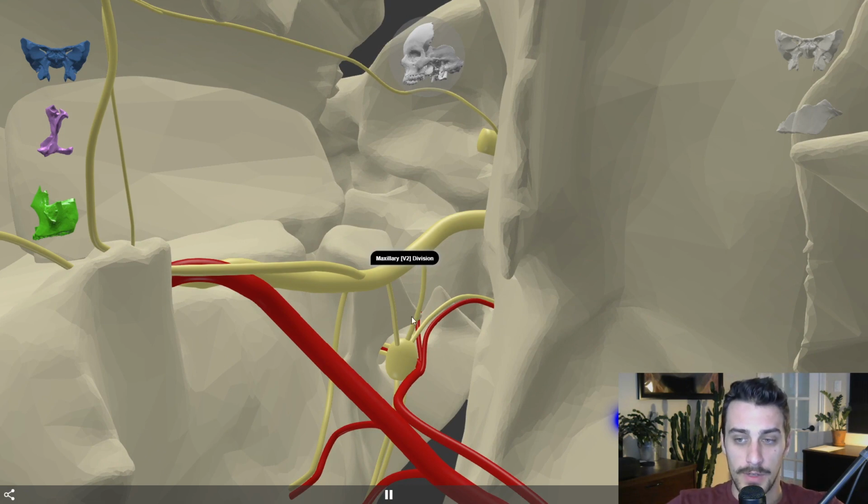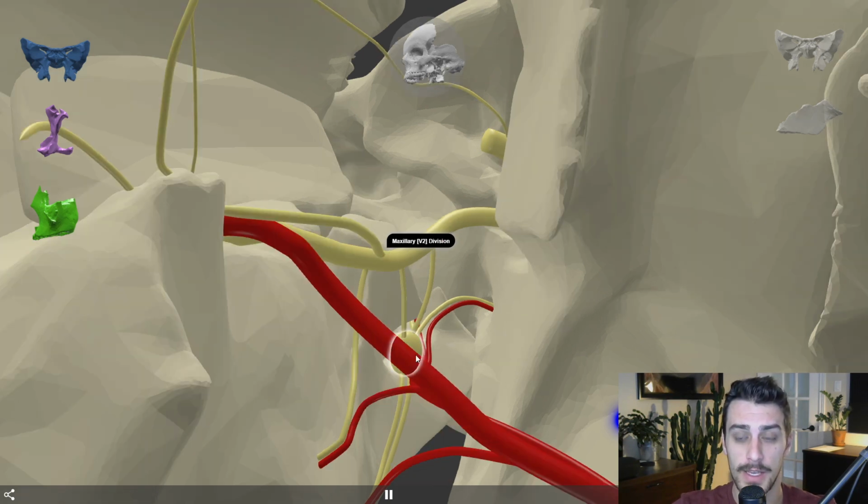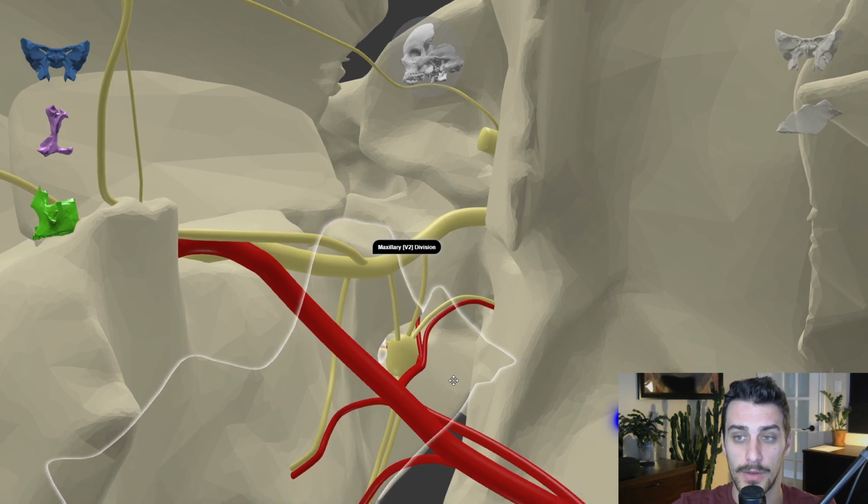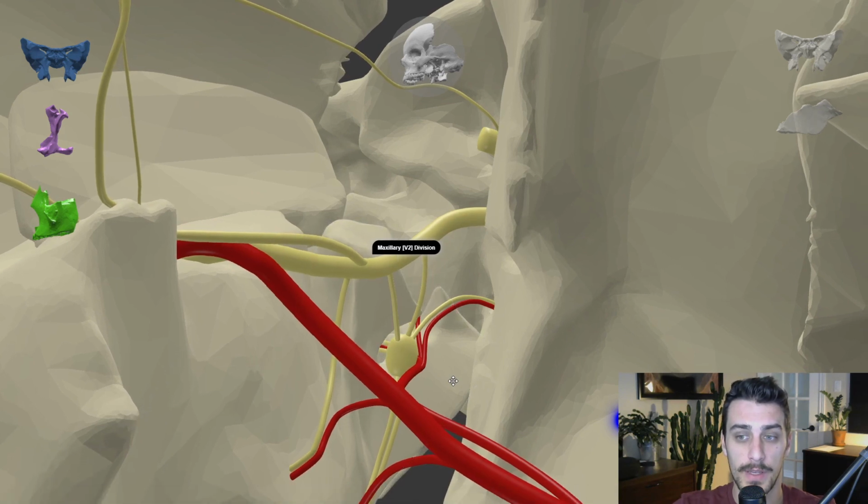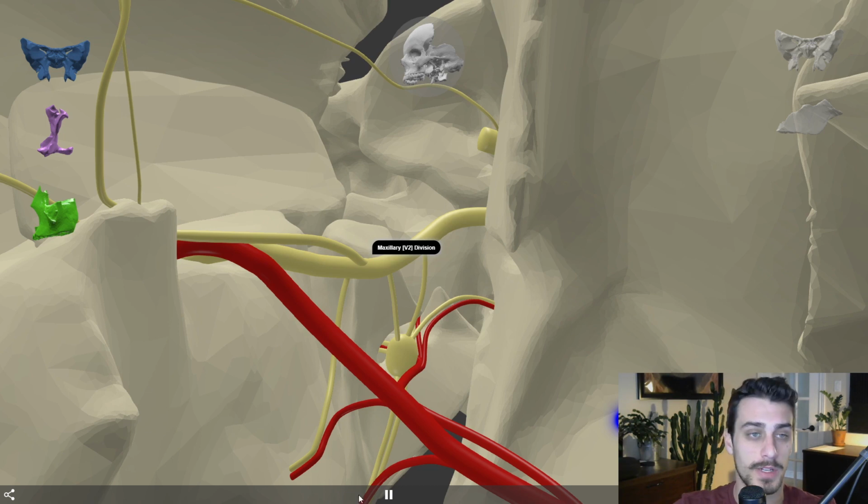Coming off of this, we have these sort of descending branches. They typically draw two, but in the anatomy lab, you'll kind of just see this as one sort of large connection here that actually joins up with the pterygopalatine ganglion itself. Now, the pterygopalatine ganglion is going to be the location where we see synapses happening for the parasympathetic division of our autonomic nervous system. So these are going to be parasympathetic nerves that are coming in here, synapsing, and then following these nerves out to go to different areas of the oral mucosa and nasal mucosa to supply things like mucus secretions